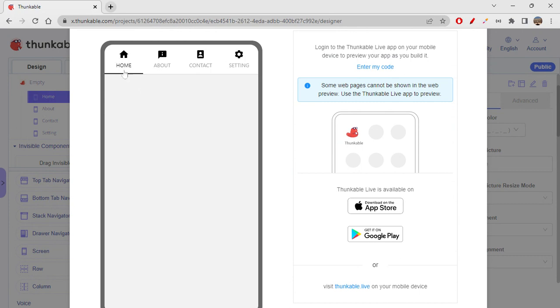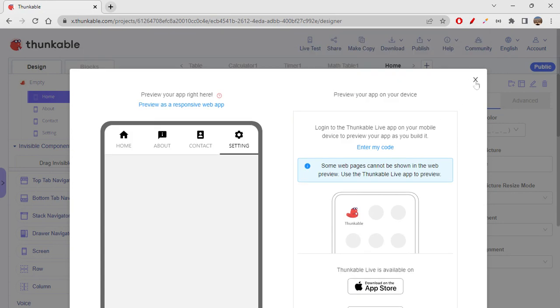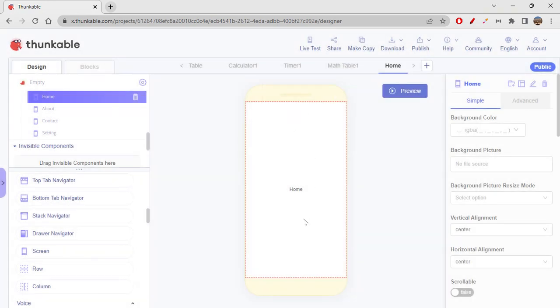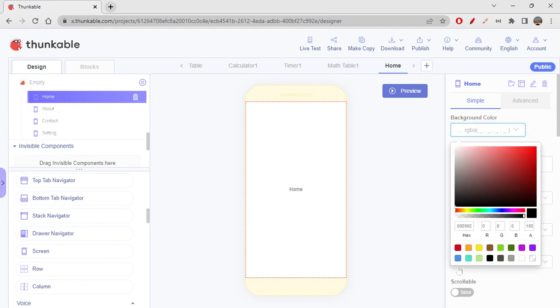On top you have the home screen, so when you click on it, it redirects you there. When you click on about, you will get to that screen. When you click on contact, you get to the contact screen. When you click on settings, you will get to the settings screen. So how can you differentiate between them? Because I've not coded anything, that's why you can't see it. So I'll give some background color to my